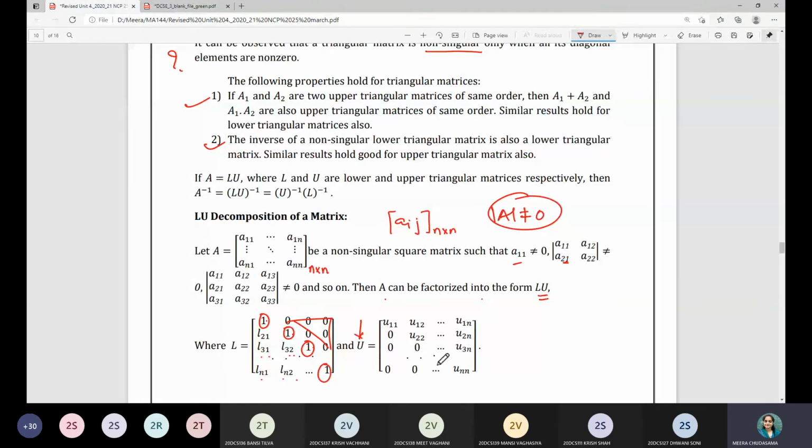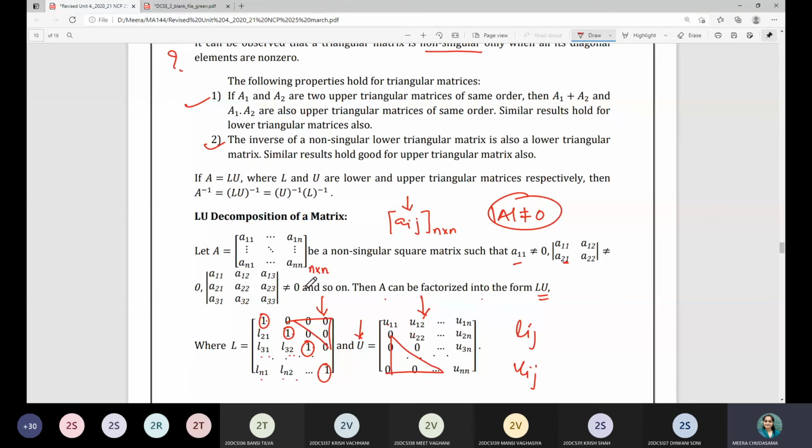That we have to identify. That means U11, U22 up to Unn. Rest of the notations are as it is in the standard matrix Aij form. And since it is an upper triangular matrix, below the main diagonal all entries will be 0. Whenever we consider LU decomposition, we will consider matrices of these two forms, and then we will try to identify this Lij and Uij from the given matrix.